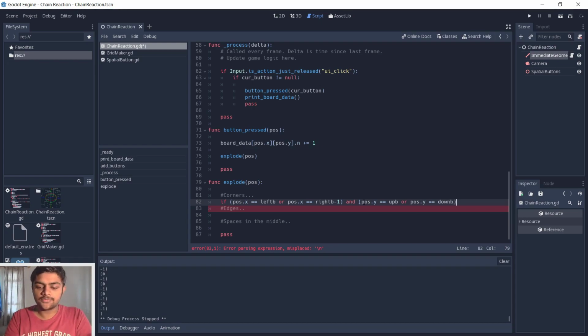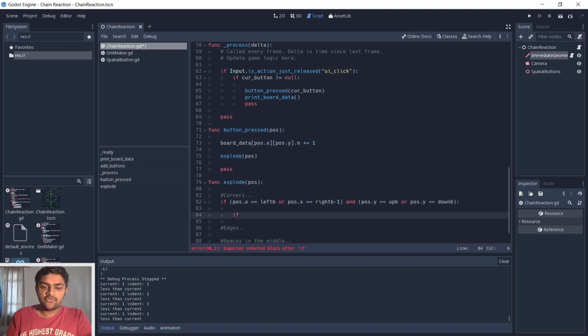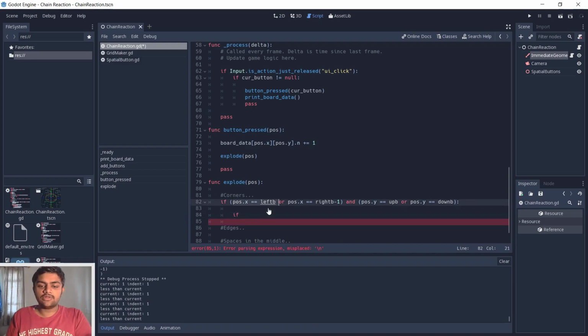Cool. So if this is the case, this ensures that we are in one of the 4 corners. So I'll just make sub cases for all of these 4 just to keep it organized. So if position.x is equal to left, and if it's in the upmost, that means it's in the bottom leftmost. So that's the first one. If it is 0 and 0,